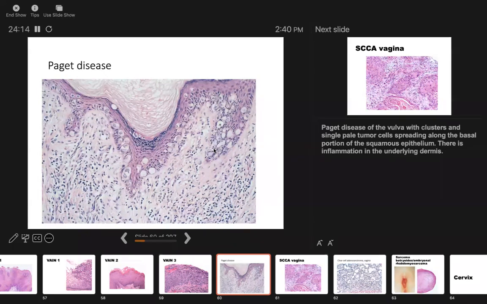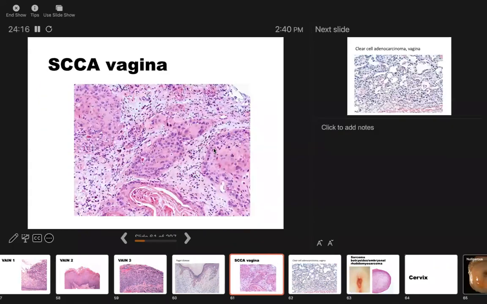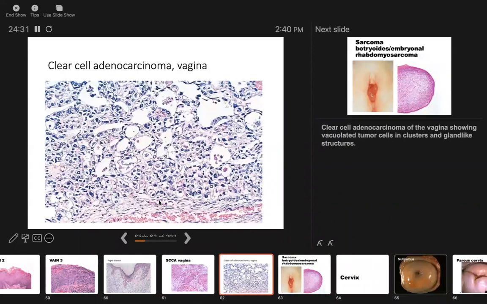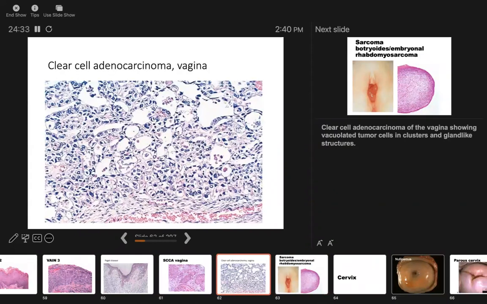Now, this is an example again of squamous cell carcinoma of the vulva. Again, you have malignant sheets of squamous cells that are infiltrating, with keratin pearl formation. It can also be adenocarcinoma. One of the most common is your clear cell variant. As you can see here, the glandular formation is very much evident. The only difference this time is that the variant is called clear cell because, again, look at the cytoplasm, it appears as